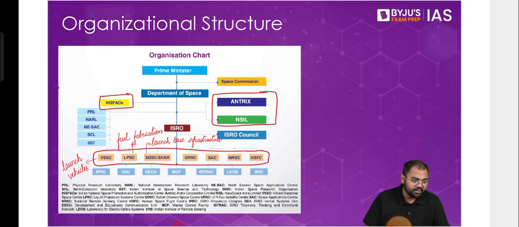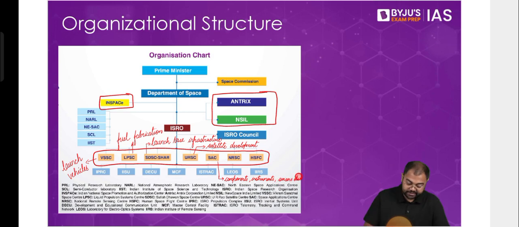Then after that, you have URSC. URSC is UR Rao Satellite Center. It was also called ISAC before, ISRO Satellite Complex, and now it has been renamed as URSC. This URSC is where the satellite development takes place. Then after that, we have Space Applications Center. Space Applications Center is where many different components, instruments, sensors, all these things that are supposed to be used in a satellite, all these smaller components, are developed.